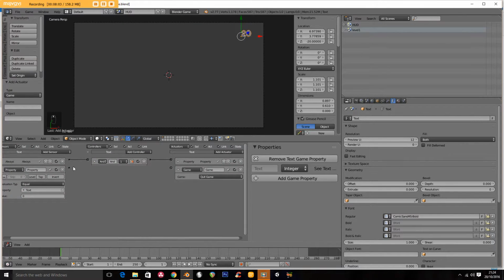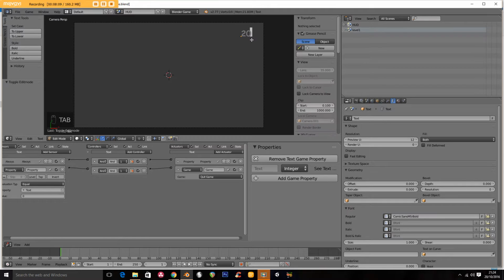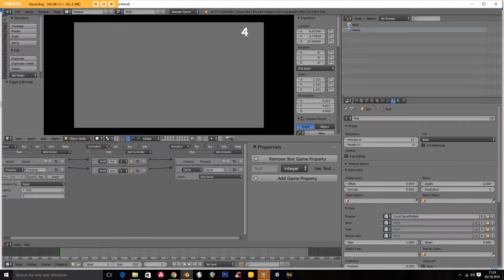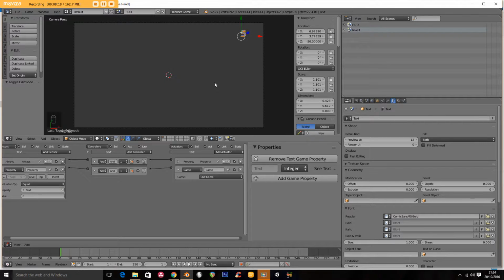Now that could be anything. We could have, when we ran out of time, switch to the lose menu. Just so we don't have to wait 20 seconds, I'm going to make this 5 seconds, and then I'm going to press P. 3, 2, 1, and we've bounced out of the game engine because it quit the game when our time equaled 0. So that's how we make a